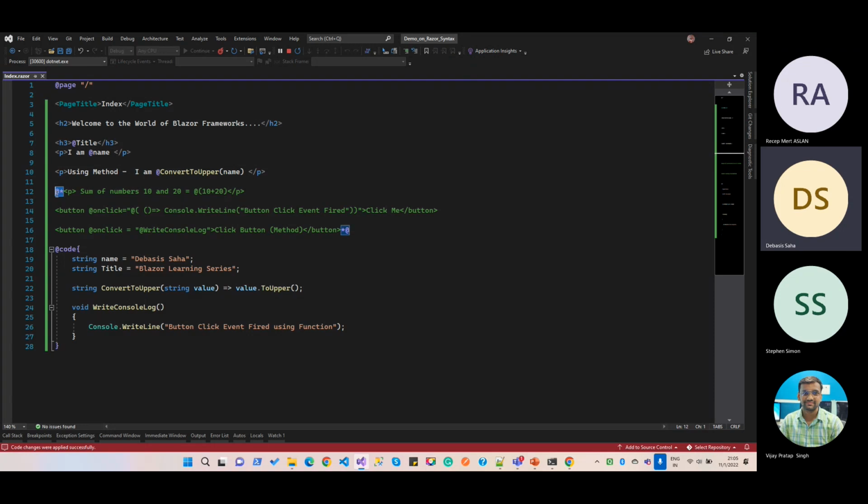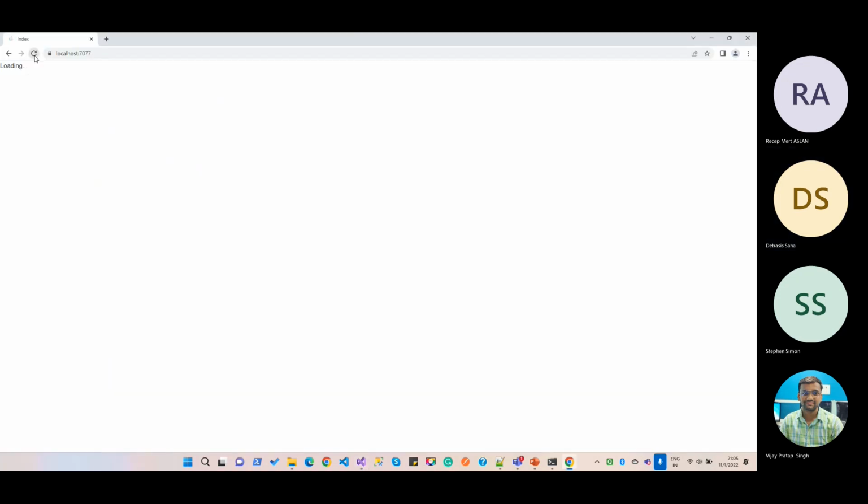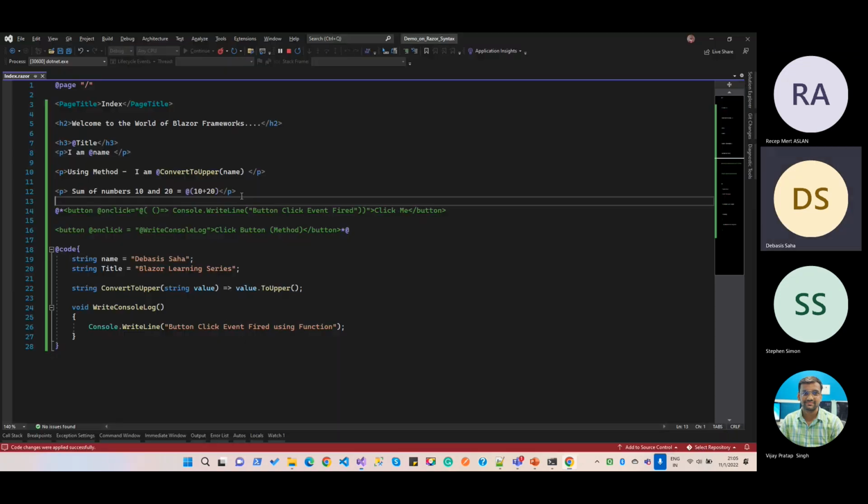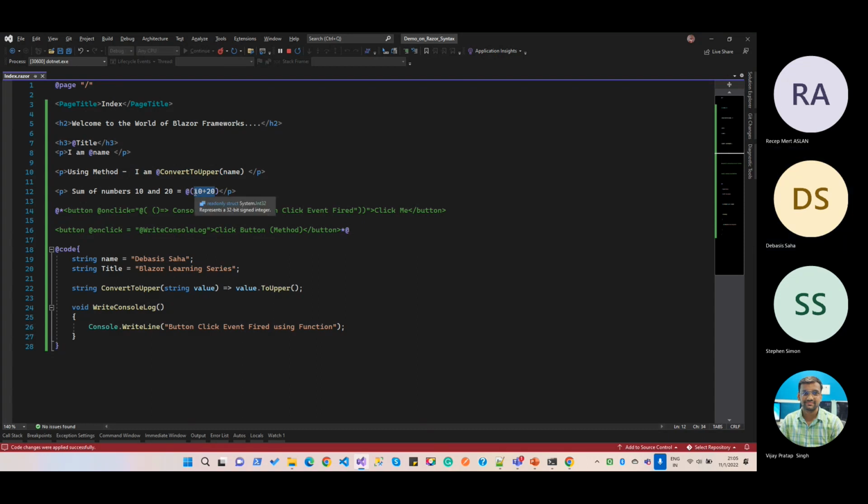Similarly, we can perform the same type of concept by using any type of calculations or operations like this. Suppose we have two different static values, and we want to calculate some arithmetical operations like plus, minus, anything, then that also can be done by using the @. In this case, it will directly add the numbers and display the result here. So for that, as I have a static value, I am also required to define any functions